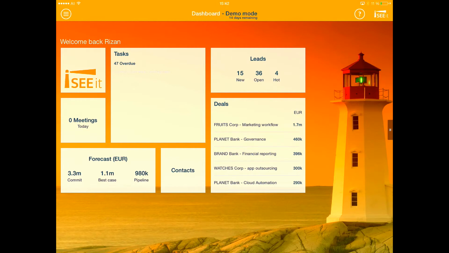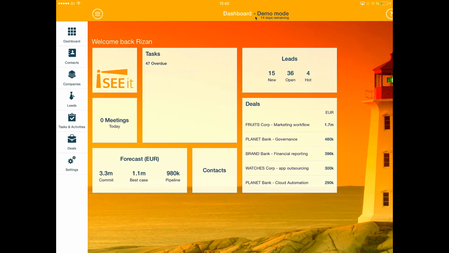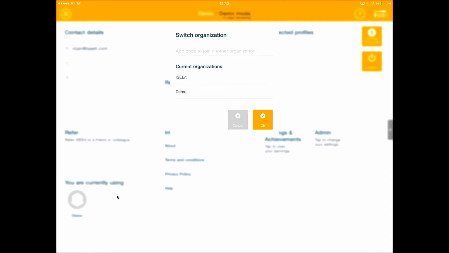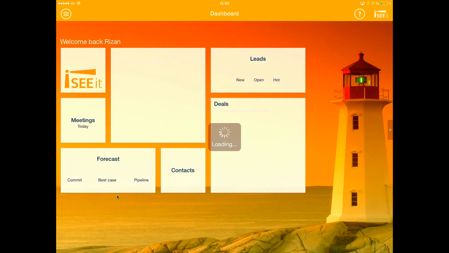So we're almost at the end of this tutorial. Two more important things though. Remember, we're still in the demo mode. Any data that you put in and import here will be deleted in the end. So if you want to start working, you want to switch into your productive environment, that's very easy by clicking settings, and on the lower left corner you will find this option where you can exit the demo. Let's do this. You can switch into your productive environment and all the data you will import and start working on here will be safe.